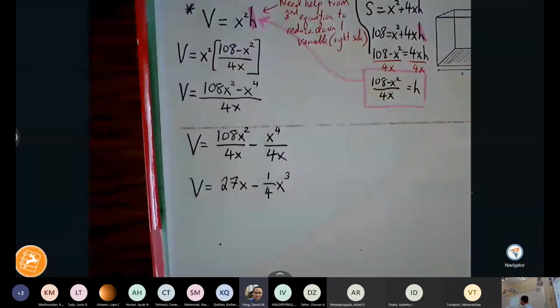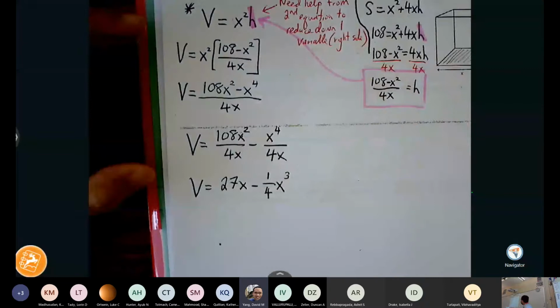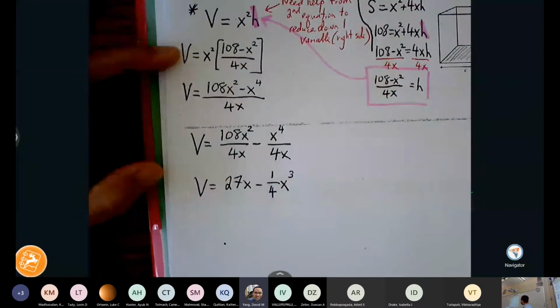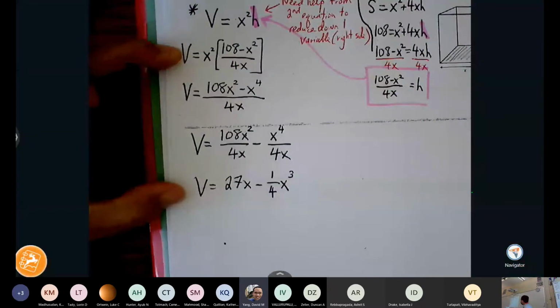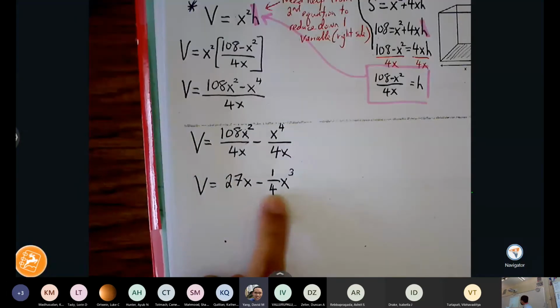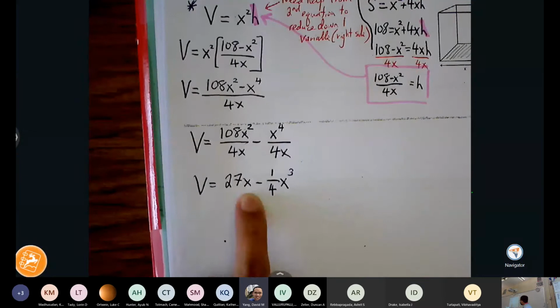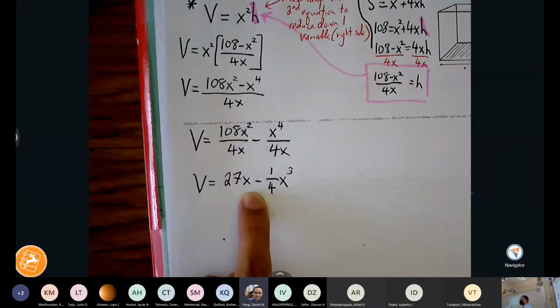All right, so this is where we want to be, because look at where we started, look at where we ended. It's a lot easier to find the derivative here than it was here, even though these are the same things. Right? So we're kind of working our way down to a relatively easy derivative problem. Right? Okay, any questions so far? Okay, so